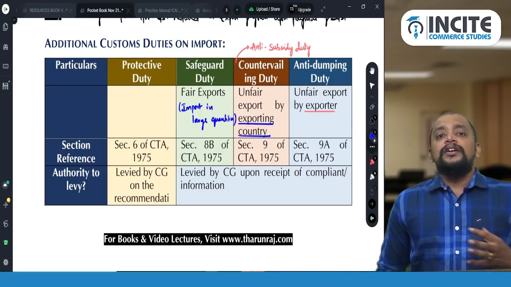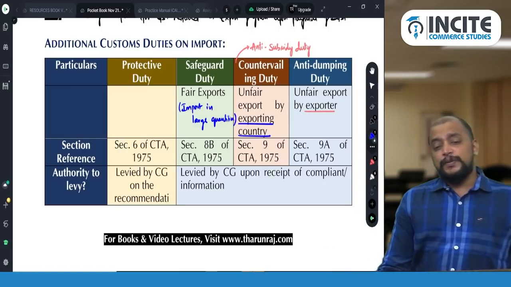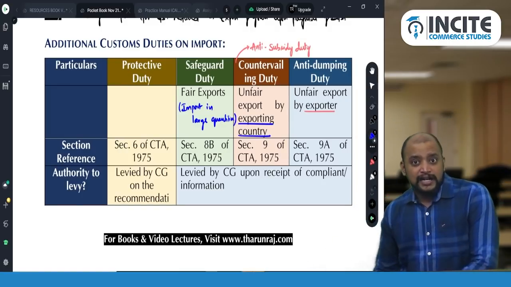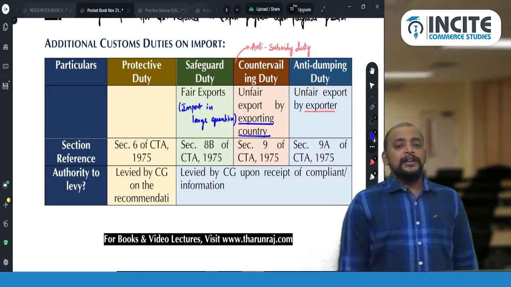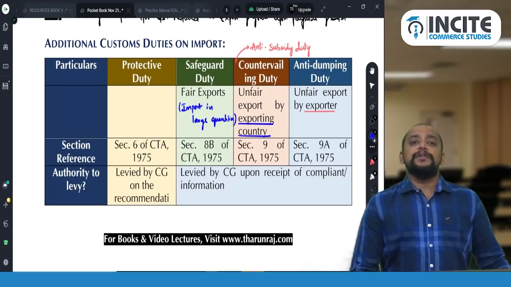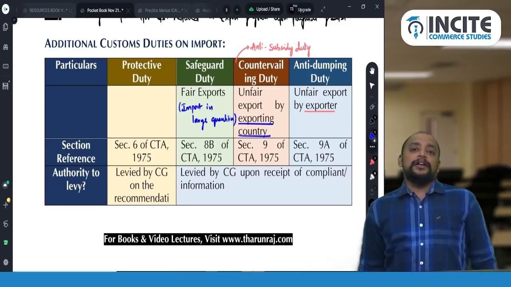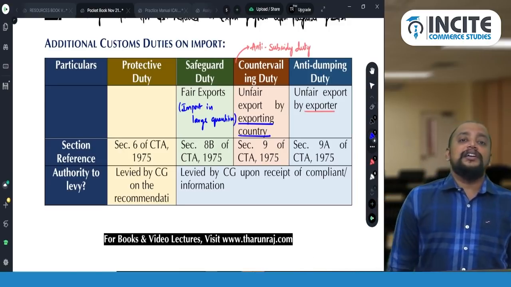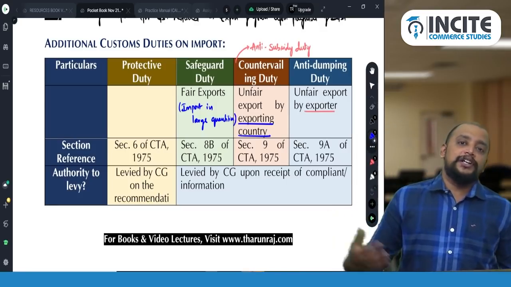For example, wheat, that is atta. Atta is being imported into India. When atta is being imported into India, atta is already available in India. That is the staple food for many people in India. So why is atta being imported? What is the reason for importing? People feel that imported atta is more hygienic, organic, and the quality of the food is good.